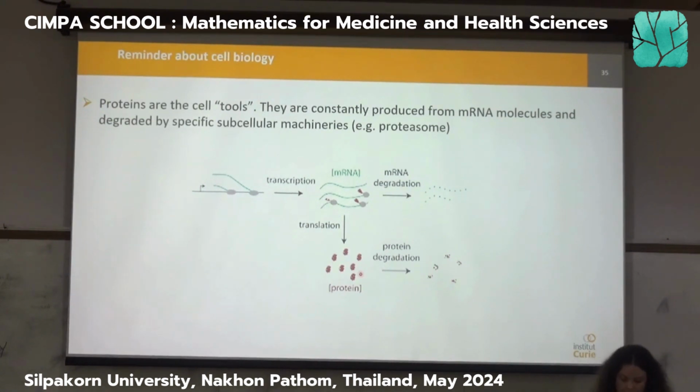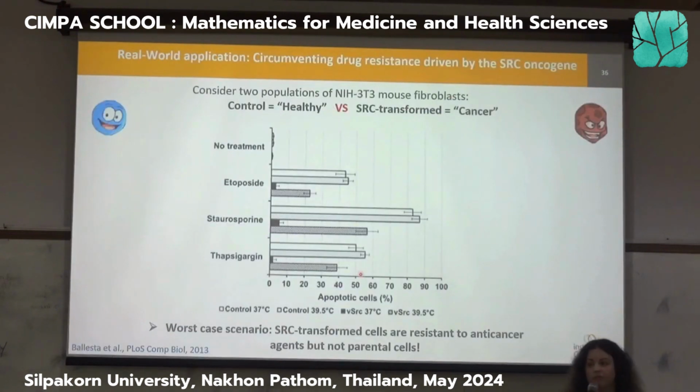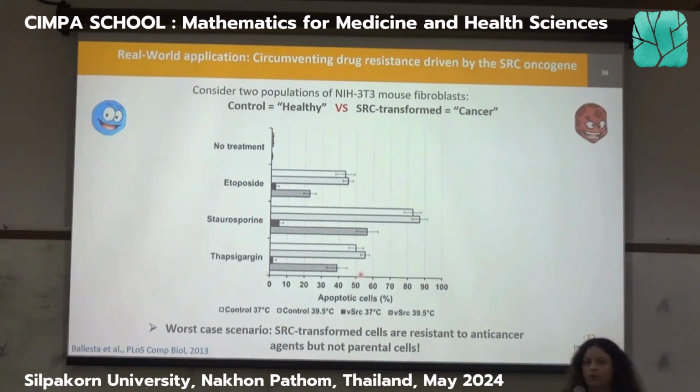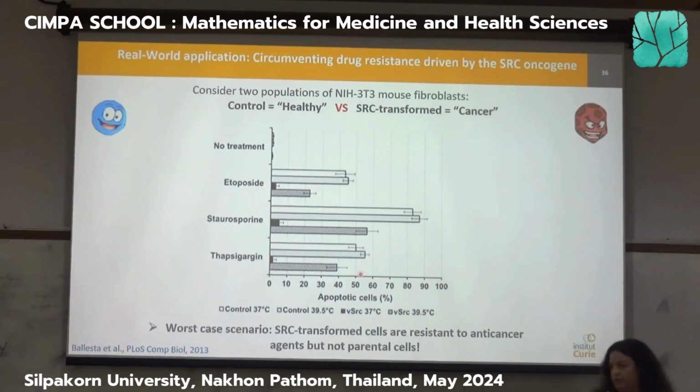Okay, so let's go to the real world. I'm going to show you something that we published a few years ago, which we like to call a proof of concept of quantitative systems pharmacology, and it's going to be in vitro. This is the reason why we call it a proof of concept. In vitro means that we are in petri dishes, okay? So we just have the cells, we don't have the entire organism. In this project, we have 2 cell populations. We have the good ones and the bad ones. The good ones are healthy cells, not transformed. I'm going to use these terms quite often.